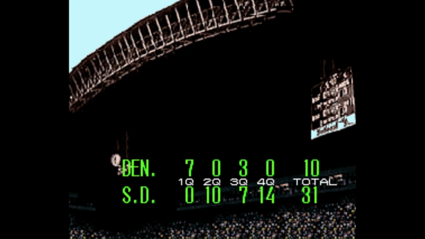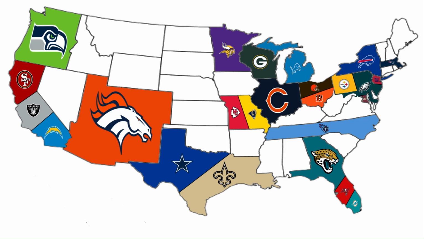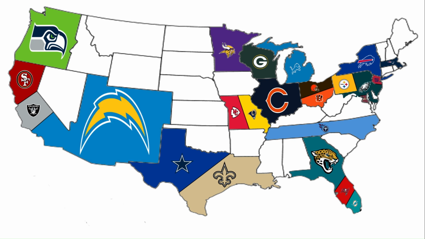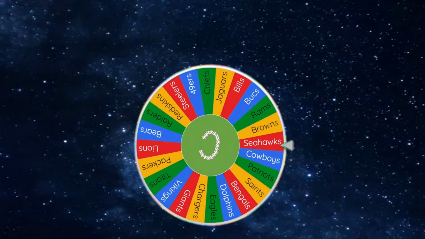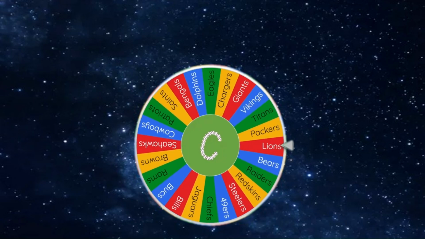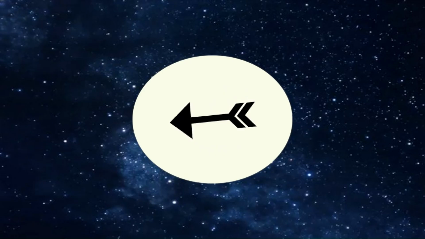The Broncos didn't have any kind of response for the Chargers in this one. San Diego will actually tack on another one and come away with, at the end of it, a fairly convincing 31-10 victory. The Broncos used to hold the largest piece of land in the nation. The Chargers take over their territory, and now they claim that distinction. A quarter of the 32 teams have now been eliminated. We're going to get the Lions on this wheel.